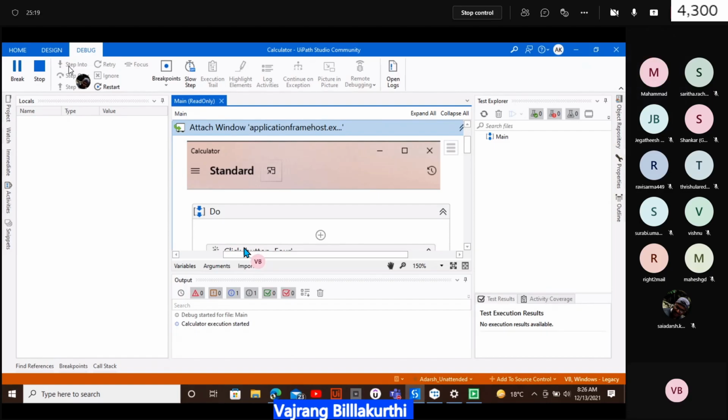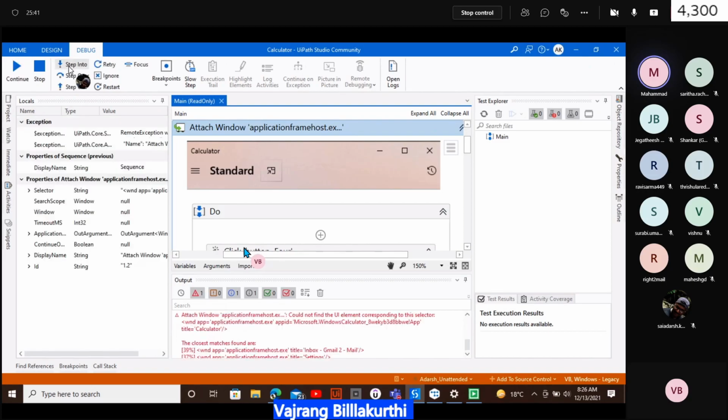What is the default timeout? 30 seconds. Yeah, great. So what was the error you are getting? Application could not find the UI element. Okay.